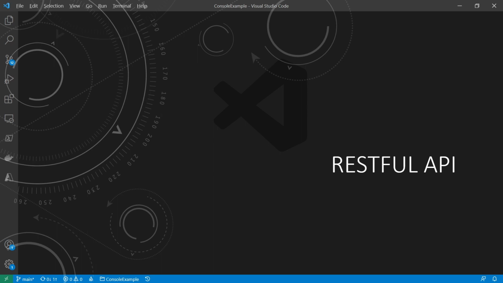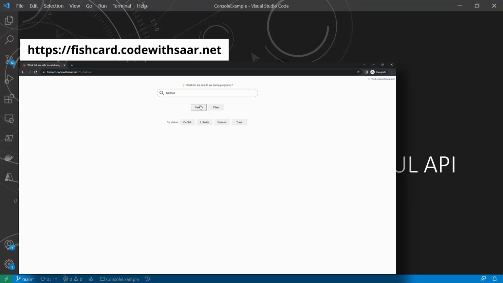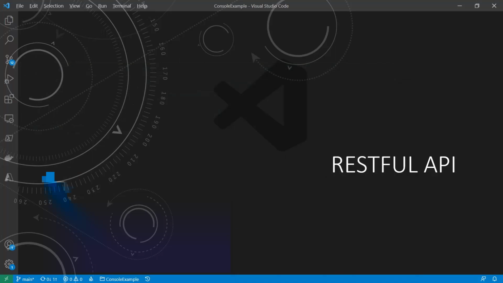Starting from this video, we're going to talk about how to build a backend for the Fishcard website. For those new, if you do not know what Fishcard is, go to fishcard.codewithstar.net and try to search for fish to buy. We have been so far building the front end using Blazor WebAssembly, and we are going to build